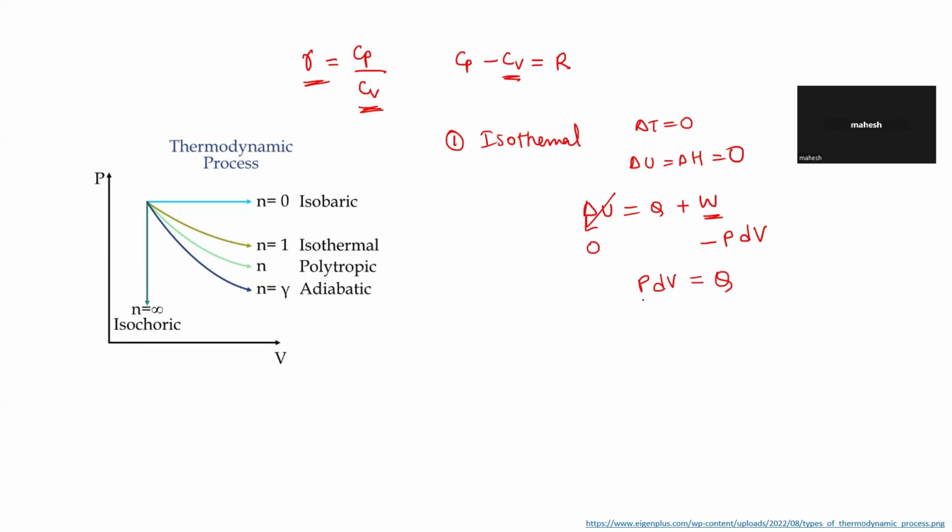Now we define this P, which can be expressed like this if we know the pressure. Or else, since this is for an ideal gas, we have PV is equal to RT, right? So P is equal to RT by V. And we have now Q is equal to,